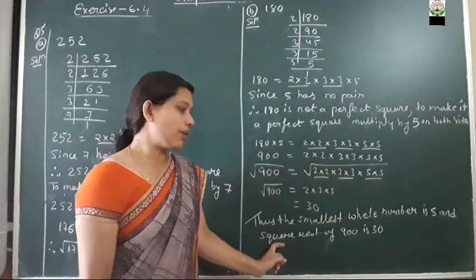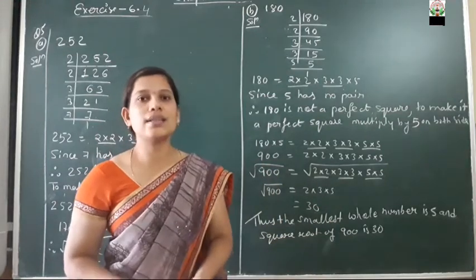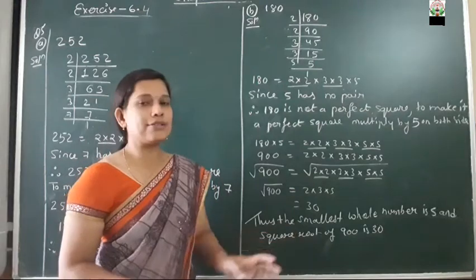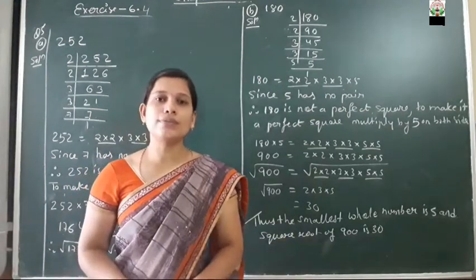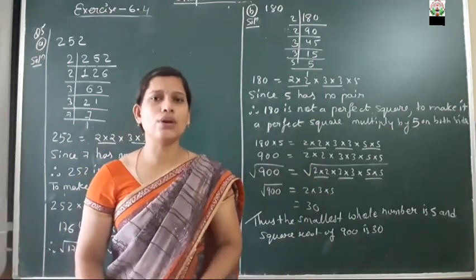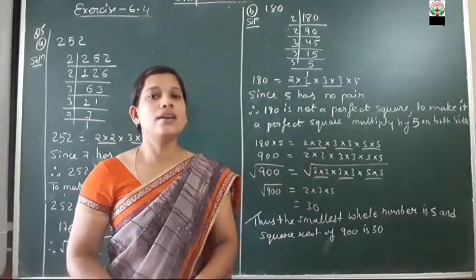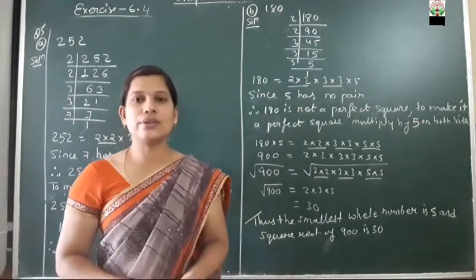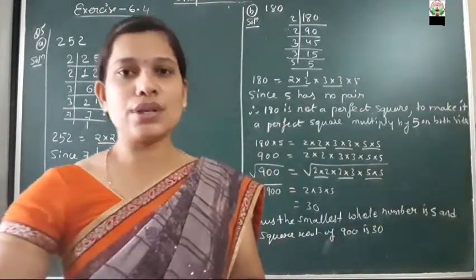Now the square root of 900 is 30. Hence the smallest whole number is 5 and the square root of the number 900 is 30. Have you understood it? So moving towards the next question,